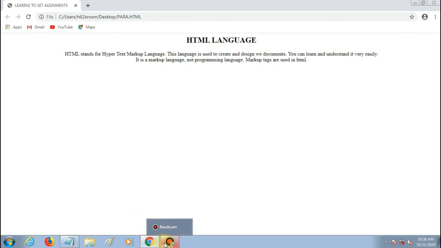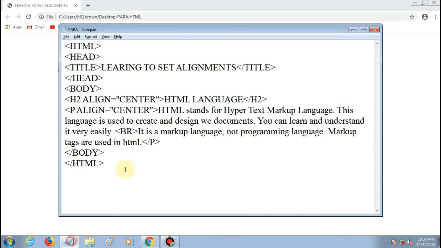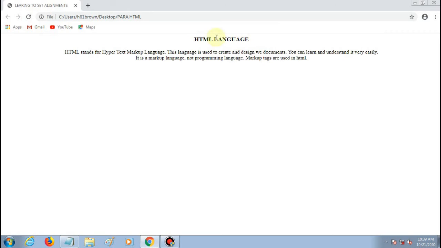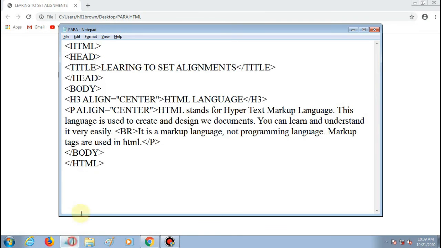Again, if you want to reduce it again, then use h3, then save it and reload the file. See, again it is reduced.